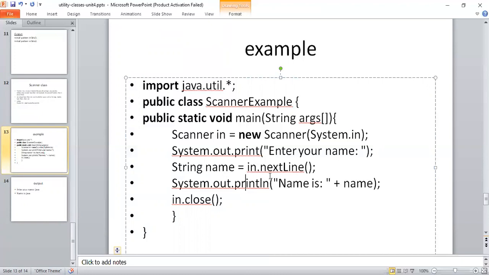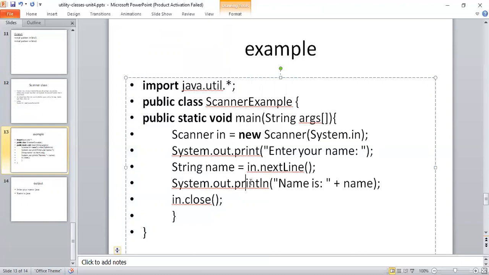So whatever word I accepted from this in is copied into name. That name I'm displaying on the screen by using System.out.println, name is name. So whatever content I have in this name, the same thing I'm going to display here.